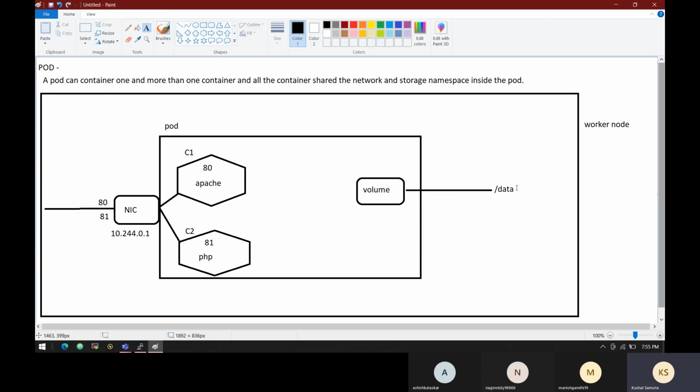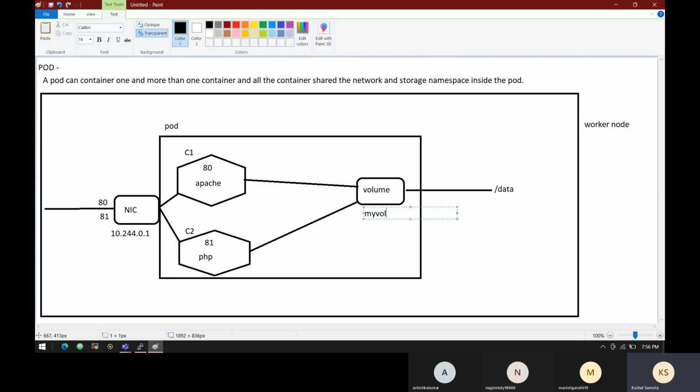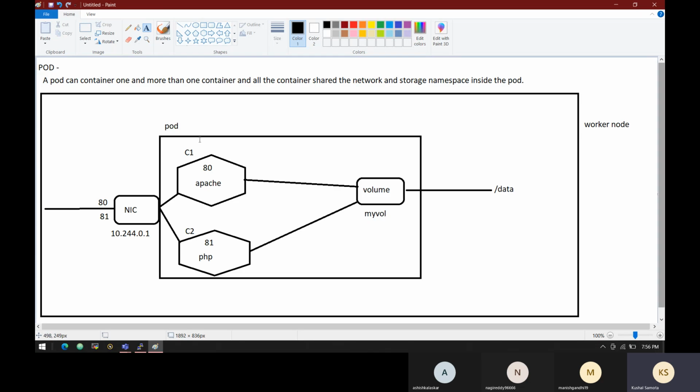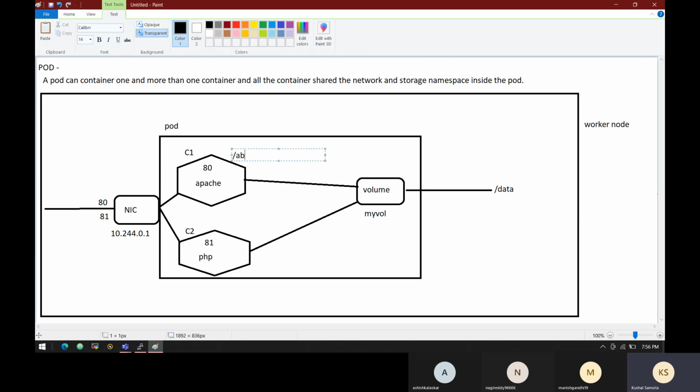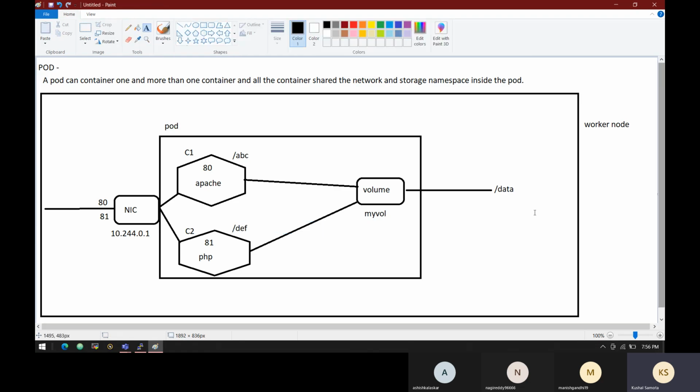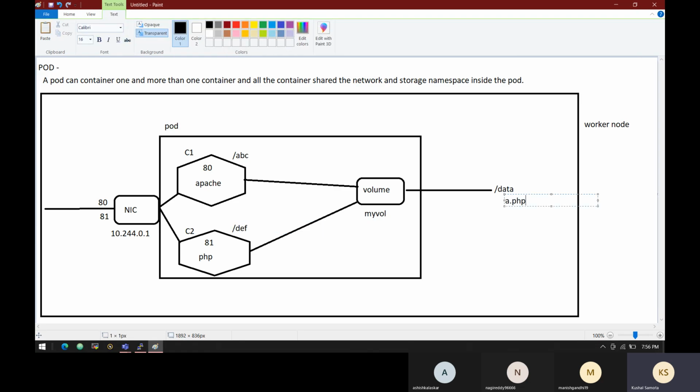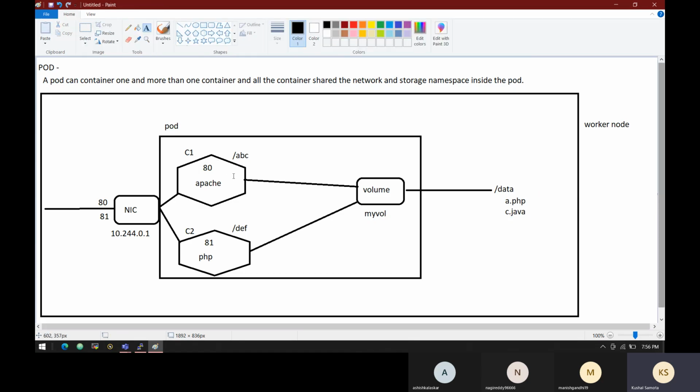Once this volume has been mounted from the outside folder on the worker node to the pod, that can be further mounted to these containers at different locations. So let's say this volume name is my volume, and I'm mounting this volume on this container at /abc and on this container at /def. Clear? So whatever data is present in this particular data folder,